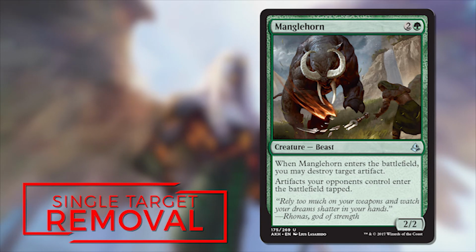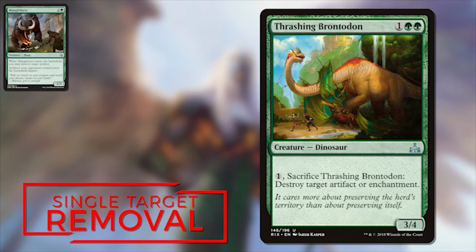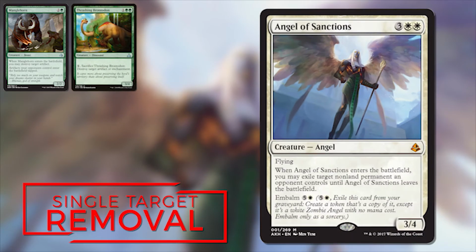And remember, treasure tokens have to tap in order to sacrifice them, so that could come into play too. We also have Thrashing Brontodon, a great body here that gives us some more artifact and enchantment removal. We're also running Angel of Sanctions, which gets rid of anything, which is relevant in a format where gods are